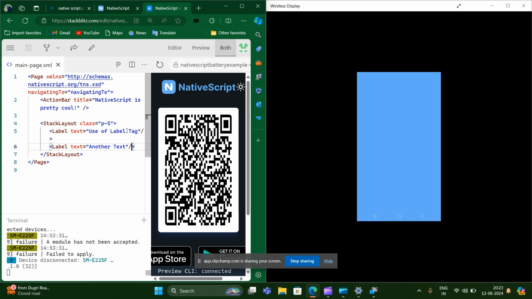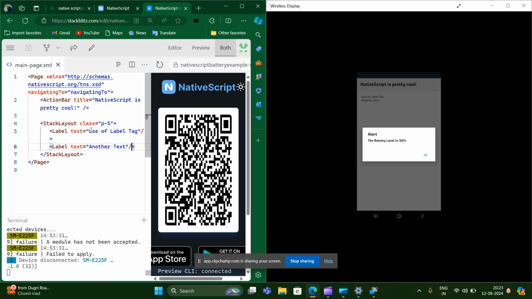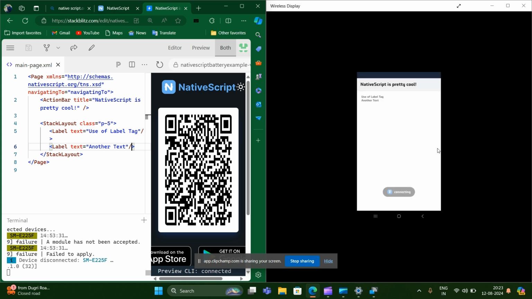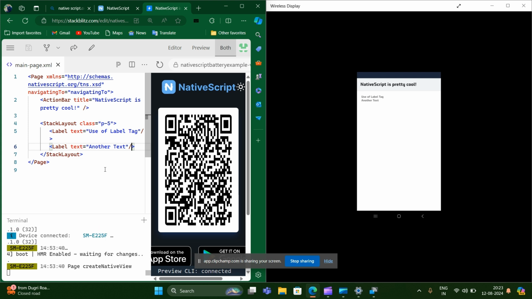If you want to add multiple texts on your mobile screen, you have to use the label tag. For the right format of writing the label tag, inside the tags you have to write the word label in capitalized form. At the end you have to use the forward slash, and it is very important.